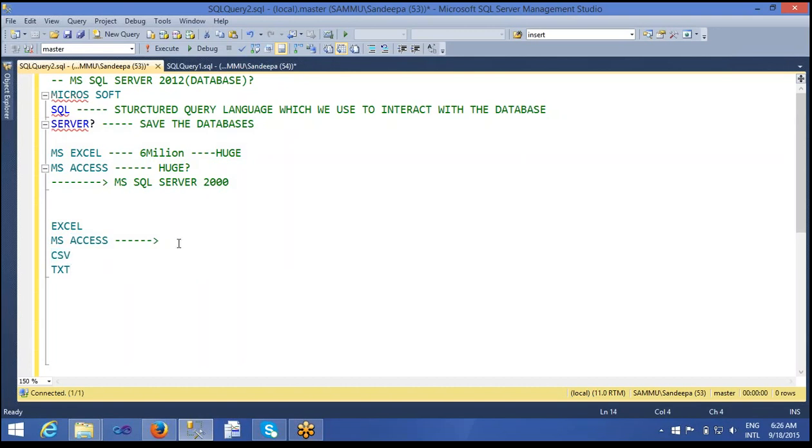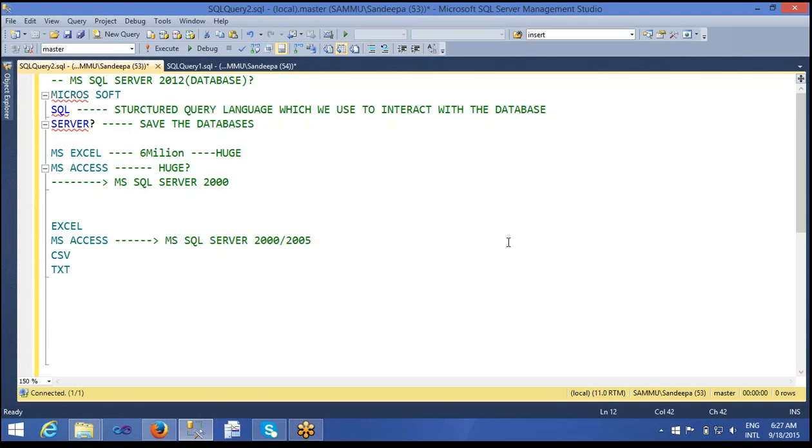But finally they were not able to control it. So at that time they introduced MS SQL Server 2000 with a limited edition. Here a lot of disadvantages happened because it had some limitations, so they were not able to save some data here. The experts discussed with Microsoft, saying, sir, I require this, sir, I require this. So at that time they took a huge 5 years to give the new versions.